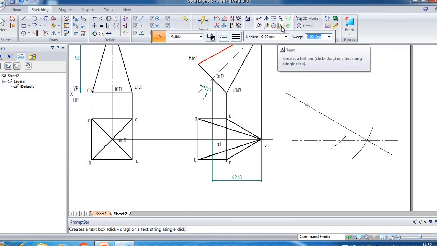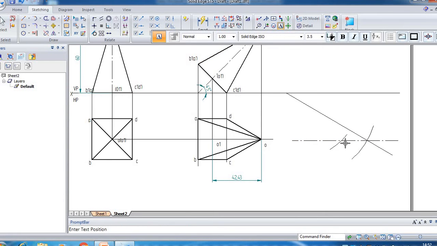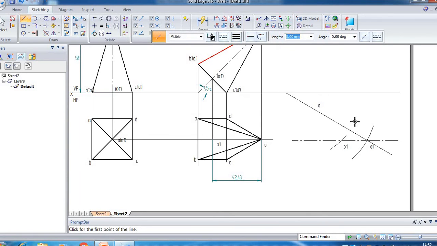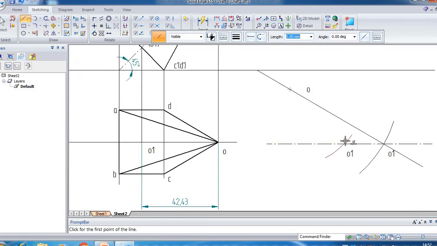Now before moving to the next step, do the naming so that it will be careful. O1, this is also O1, this is with the true length, and here you are having O. So now our aim is to bring this O1 on this line. So before that we need to draw that beta line. So the line command should be continuous line and thickness should be 0.05, from the intersection of these two to the center point.